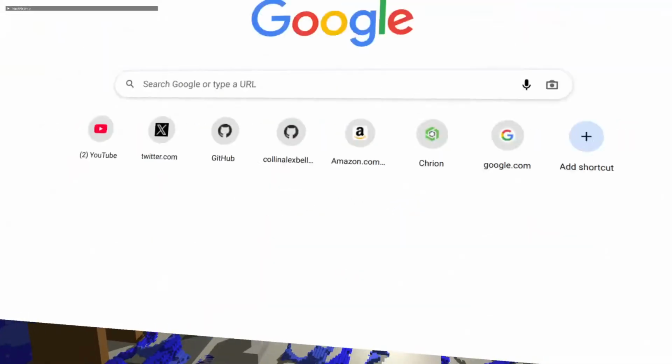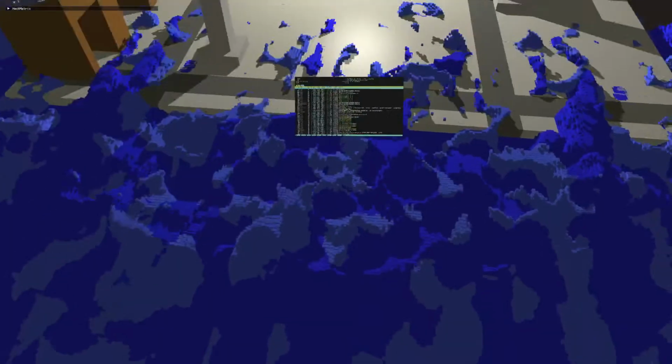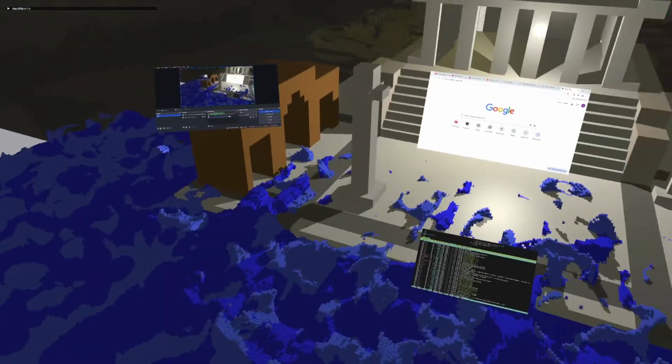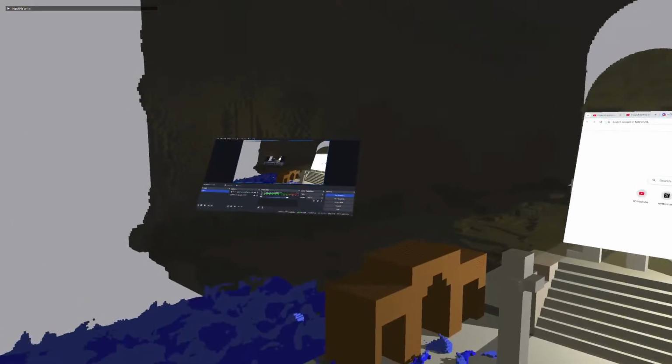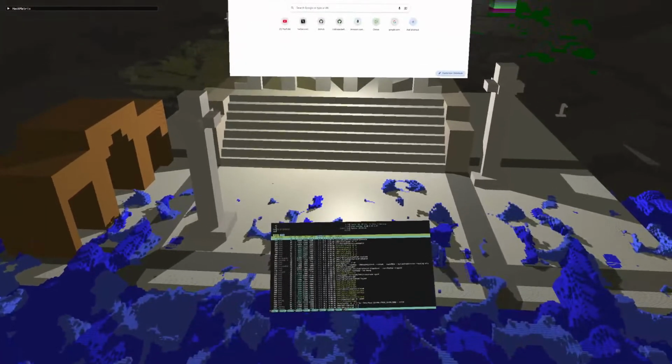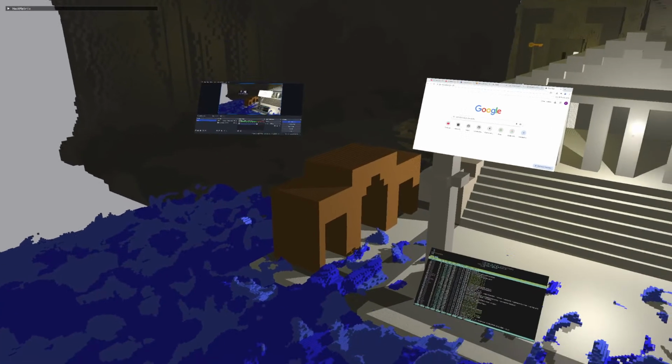So while that is building, I think there is maybe a domain name that I want to associate with this, like HackRPG. But I'll have to log into my name registrar. I don't really want to do that at the moment. I don't really like logging into things on stream.